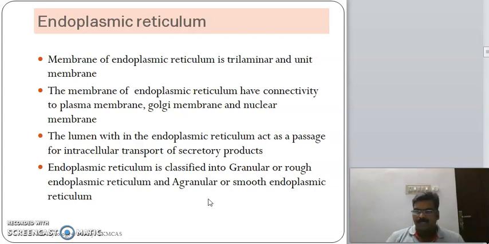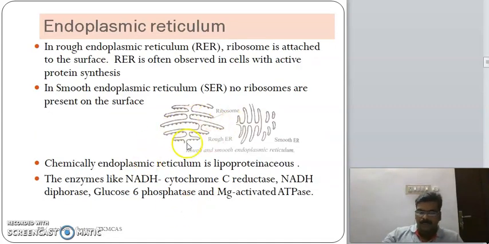Depending on the presence or absence of ribosomes on the surface, endoplasmic reticulum is classified into rough endoplasmic reticulum, or granular endoplasmic reticulum, and smooth endoplasmic reticulum, which is without ribosomes on the surface. You can see the image. This is the rough endoplasmic reticulum, where the surface of the cisternae has a lot of ribosomes studded on it, and this is the smooth endoplasmic reticulum. The difference is that rough endoplasmic reticulum has ribosomes on the surface, and smooth endoplasmic reticulum doesn't have ribosomes